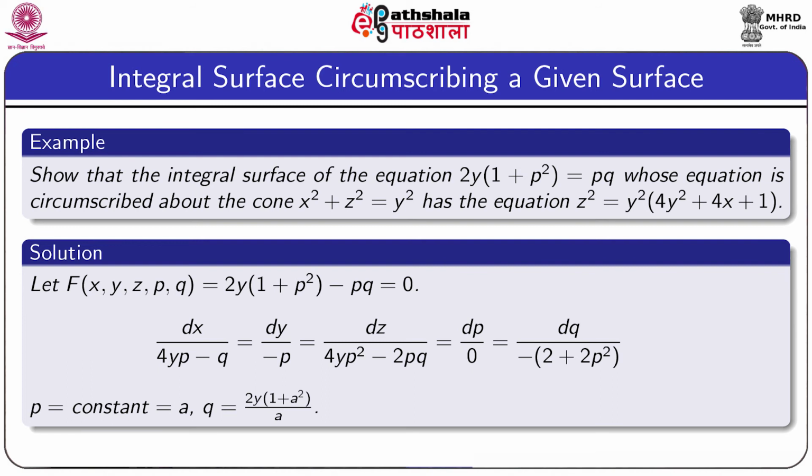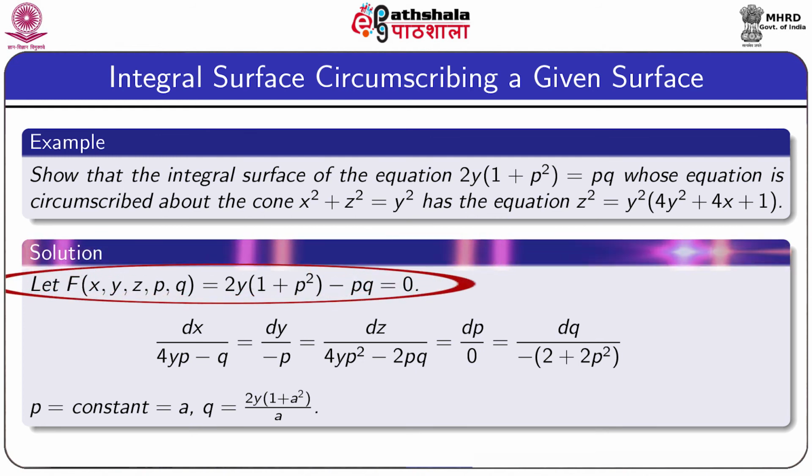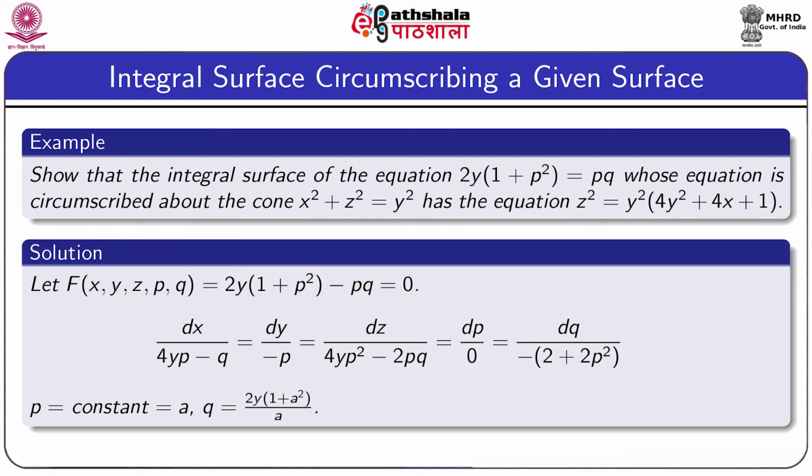So, we have to prove the required integral is z^2 = y^2(4y^2 + 4x + 1). Now, we shall go to the solution of this problem. So, the given equation F is 2y(1 + p^2) - pq = 0. The corresponding auxiliary equations are written in the next line,